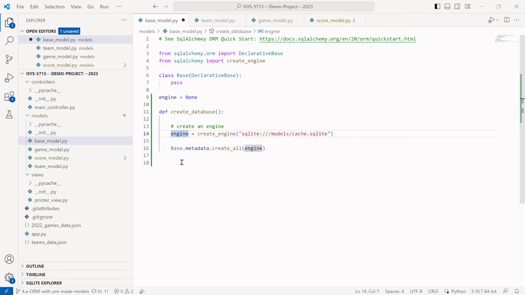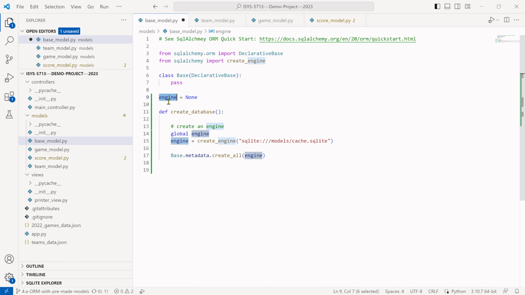And any variable that's created inside of a function or a class is only inside of the scope of that function or class. So right now, even though I have two variables, both called engine, these are two separate variables. One of these is global, and this one gets defined just inside of this function. But what I can do to reference this global variable is use something in Python where I type out global engine. And this now pulls in that global variable